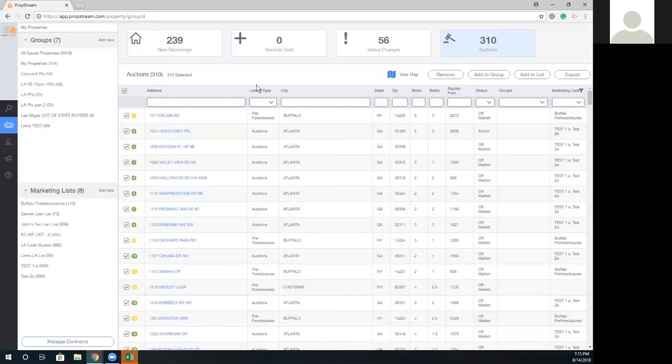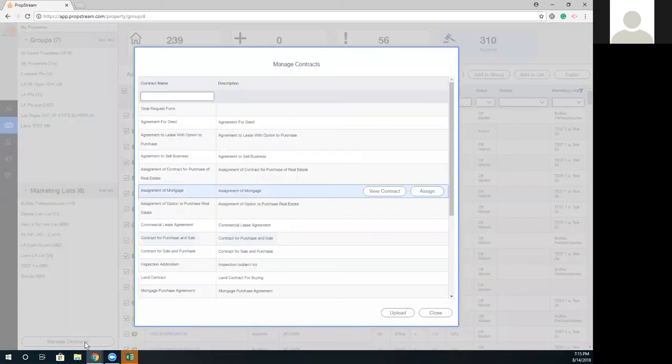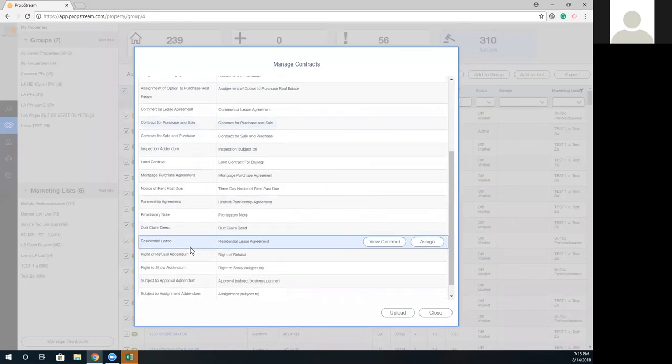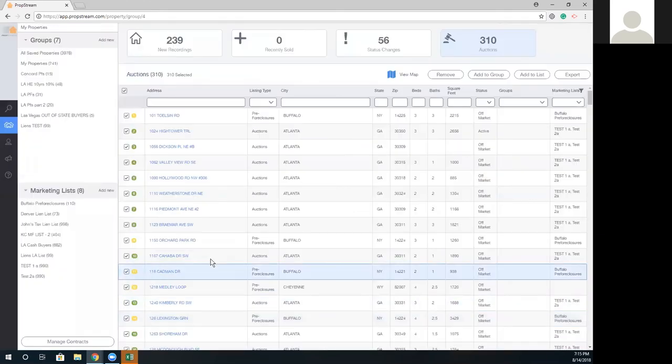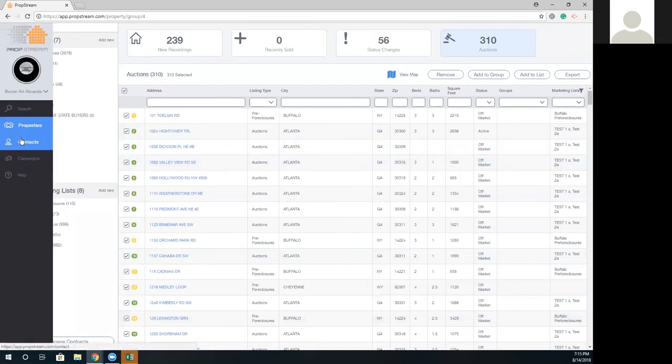All right. We've also, just for fun and giggles a little bit, included some contracts for you to use. So if you finally got someone to agree to purchase and sell, here's a contract that you can use. If you're renting out your property and someone forgets to pay you, we even have a notice of past due contract that you can use. These all can be assigned to each individual property that you'd like. So that's our property page. So again, what's important here is the ability to vet, delete, export, and then monitor your properties over the next few days.